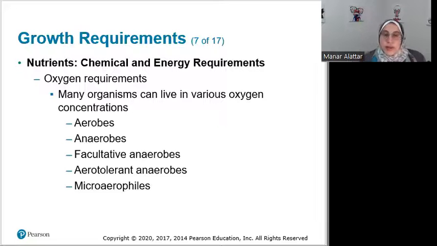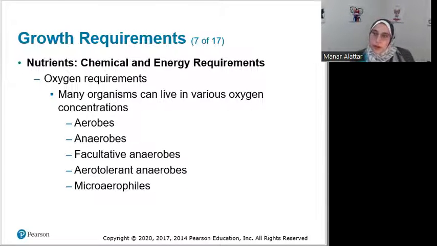There are also some organisms that are called microaerophiles. Microaerophiles are able to use a little bit of oxygen. They have just a small amount of those enzymes that they need to utilize oxygen. And these are specifically in the groups of Helicobacter and Campylobacter. Helicobacter you might recognize as being important for ulcers, for example, where they can utilize just a little bit of oxygen, about 2 to 10%